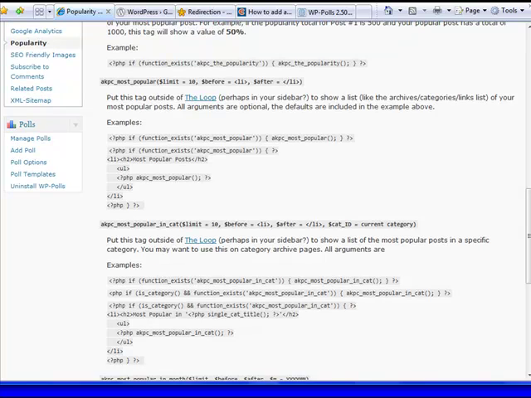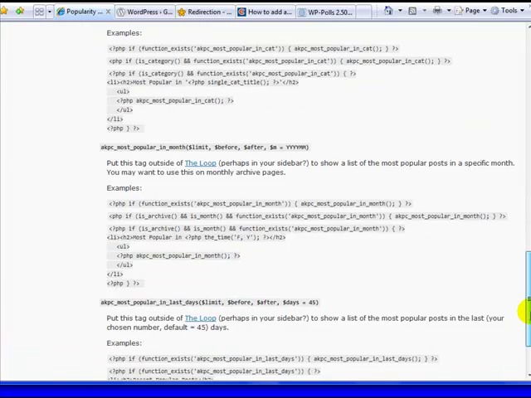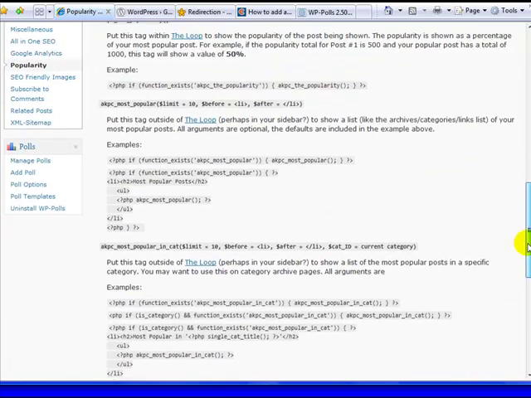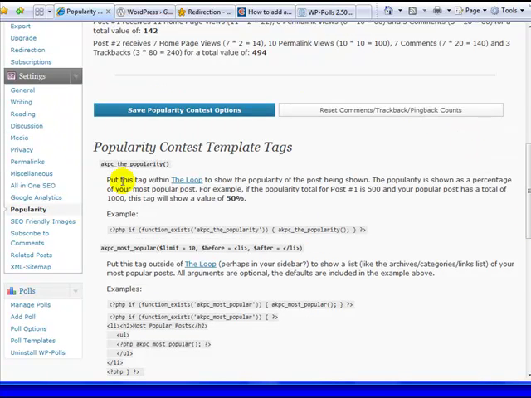So again, this is something that you may want to pay somebody to do, or you can go in and do it yourself. If you do that, make sure you have a backup of what you're changing. But it's pretty simple. It's pretty straightforward. If you're comfortable editing your template, this should be pretty easy, because it really does tell you where exactly to put it. Here there's an example of where you can put it in the loop, which means that it would appear when a post is made right in the post, and that's a really good way to give it a